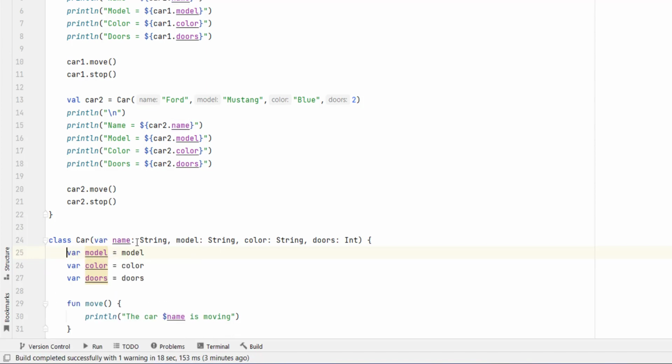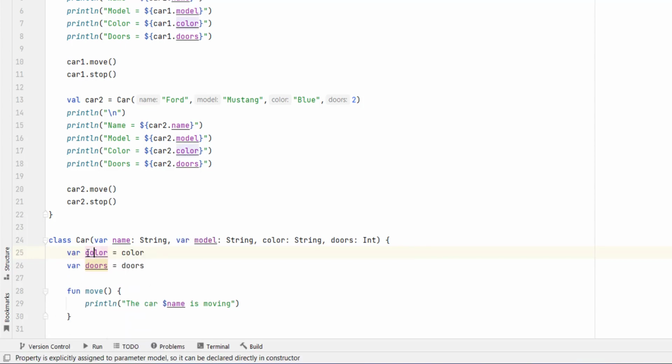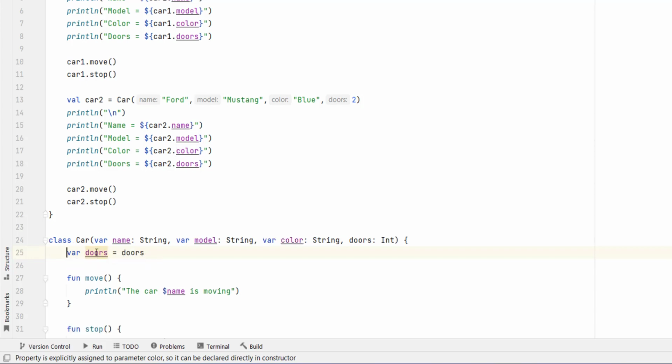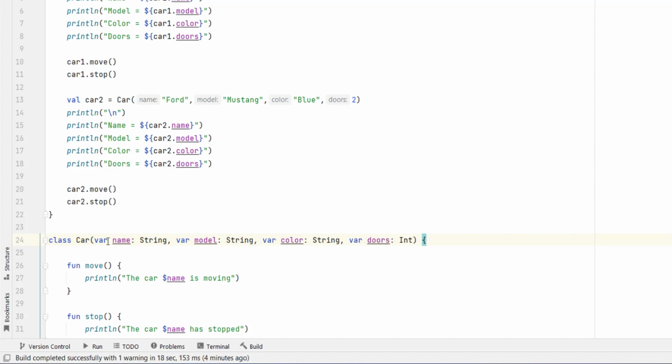So now you have the same thing, but the only difference is that you have this var keyword in front, and that is responsible for changing the parameter into a property. So let's do the same thing for the next ones. Move to constructor, and now we don't have that error that we don't have a property for our class, because they have the var. So if you put the var keyword before declaring the parameter, it is going to be converted into a property. So now those are properties of our class car.